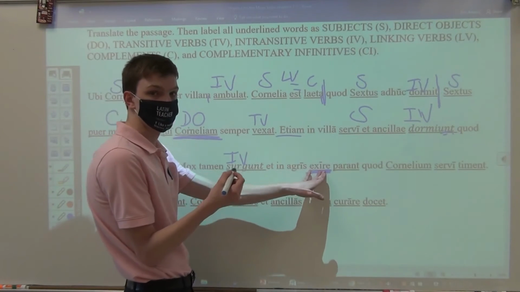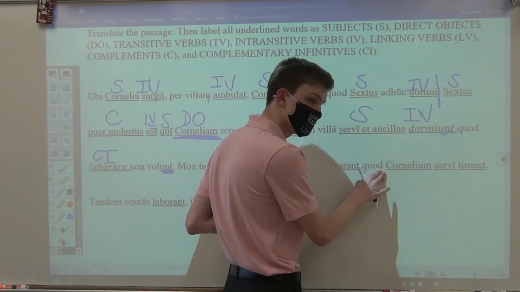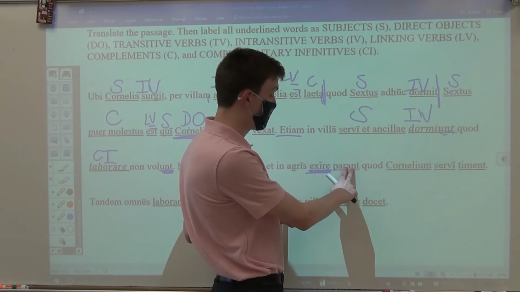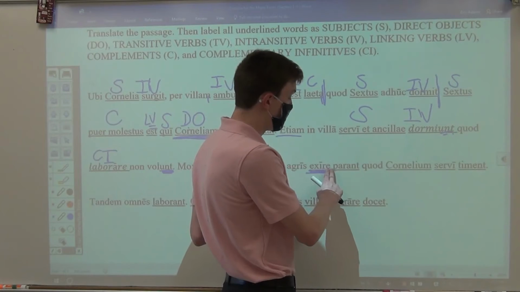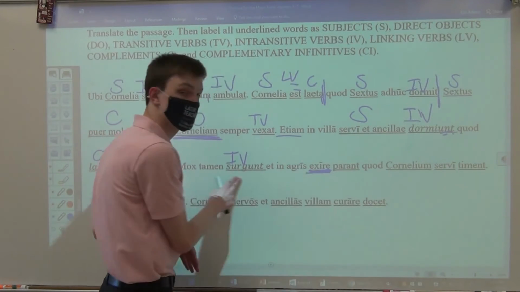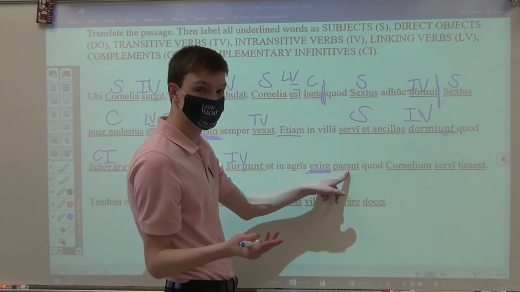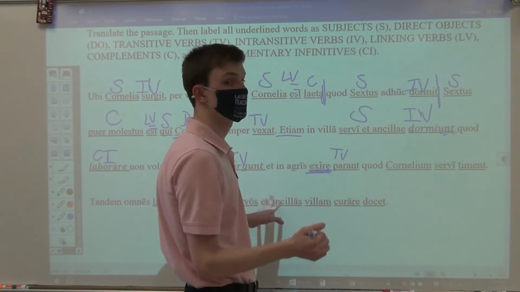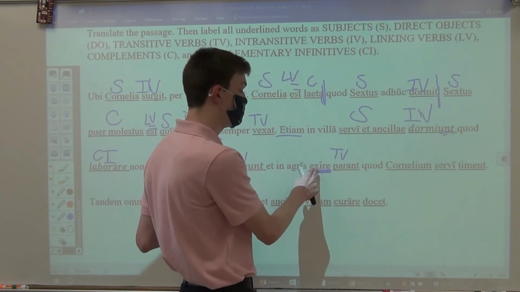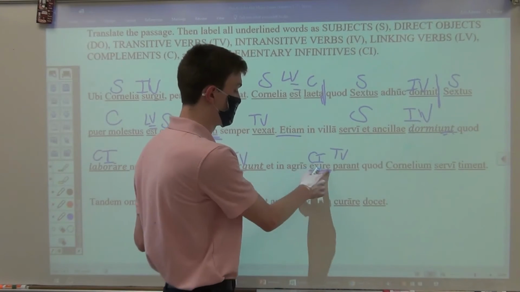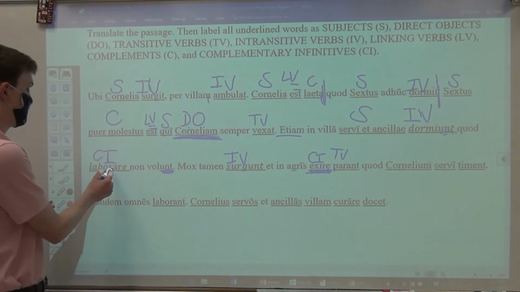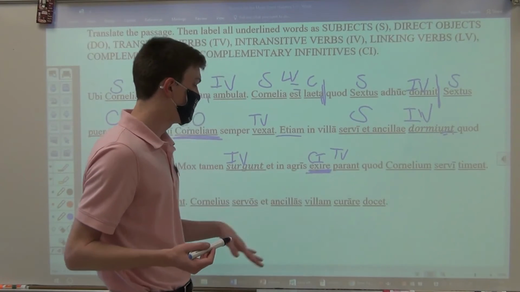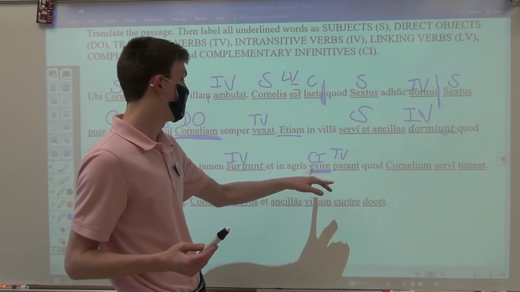This is not a direct object, but because you are preparing to do something, you can prepare food, you can prepare yourself, but they are preparing to do something. So just because there's not really a direct object in the sentence does not mean that parare is not a transitive verb. We know it is transitive because you can prepare yourself, you can prepare food, but they're preparing to go, and we know this is an infinitive. So complementary infinitive, the IRE, just like the ARE. They don't really have our endings, but we can identify them with the IRE and the ARE. So they prepare to go